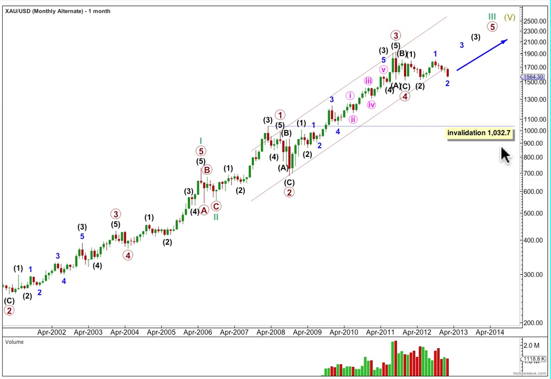The reason why I don't like it is this here, particularly this piece of movement here and here, just looks too big for waves at minor degree. I wouldn't expect particularly the second wave correction to have lasted 4 months in duration. It does look rather odd, and it clearly breaches this trend channel. However, I'll consider it because the subdivisions all fit quite nicely, and there are some nice Fibonacci ratios.